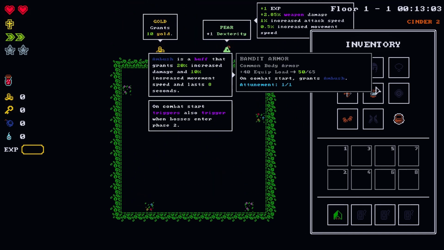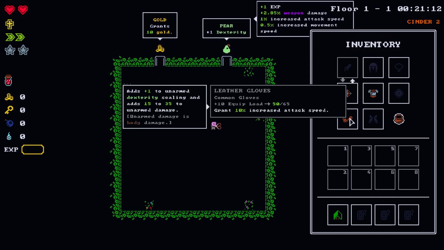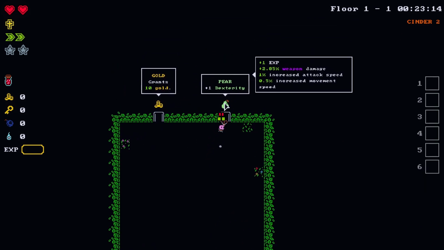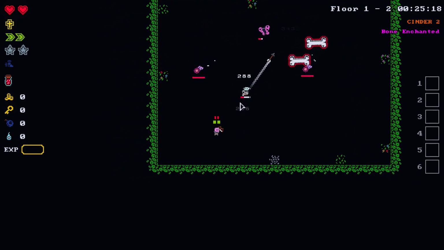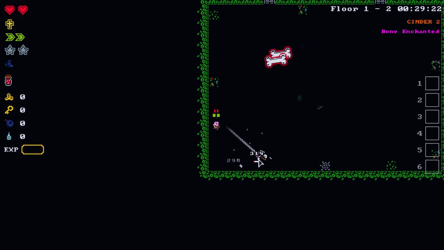So bandit armor here. On combat start grants ambush. Ambush is a buff that grants 20% increased damage and 10% increased movement. Okay. And gloves for attack speed. You'll love to see that. Let's go with the dexterity here. Hard to go wrong with that. Looks like the crossbow is kind of a piercing weapon,